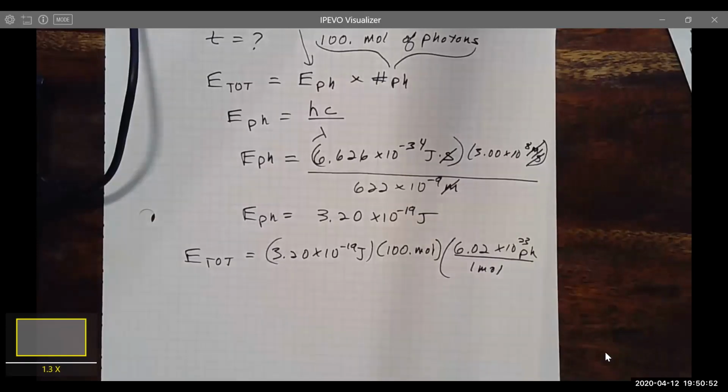So there's 6.02 times 10 to the 23rd anything in a mole. If you're talking about molecules, it's molecules, atoms, electrons, whatever you got. We're counting photons, so that's how many photons are in a mole. Okay? So if I multiply all that together, my energy total